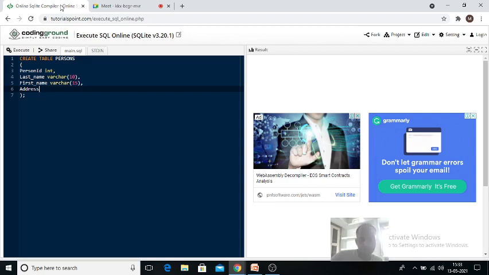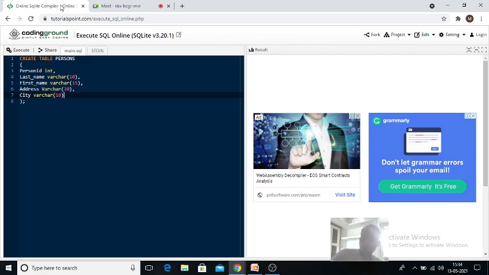Address of a person is also varchar, the size is 30, separated by a comma. And city of a person is also varchar. Let me take the size as 80. Now this is the last column heading, so I will not give a comma here.